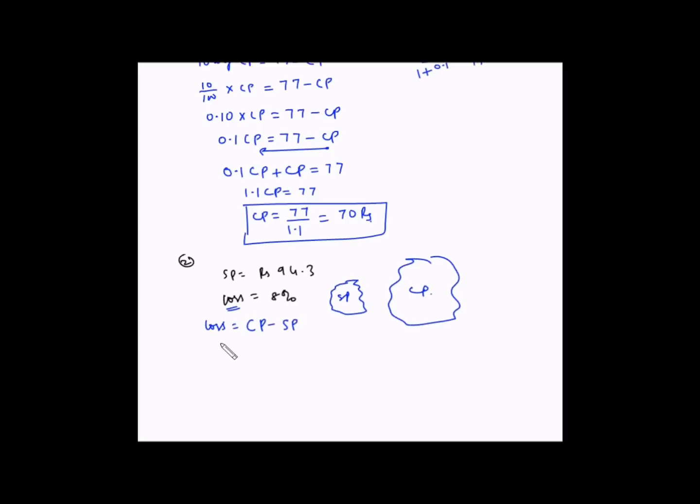So here loss has been expressed in terms of percent, which is in terms of the cost price. So loss is 8% of cost price, and this is equal to cost price minus 94.3. So 8% of cost price is 0.08 CP, which is equal to CP minus